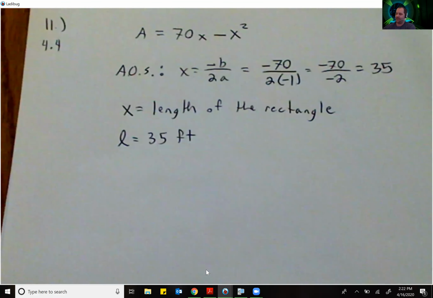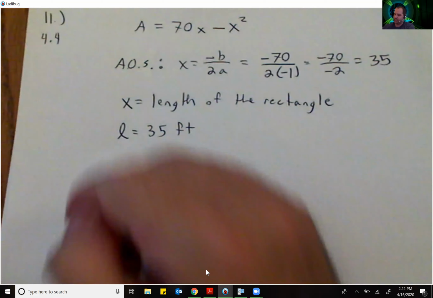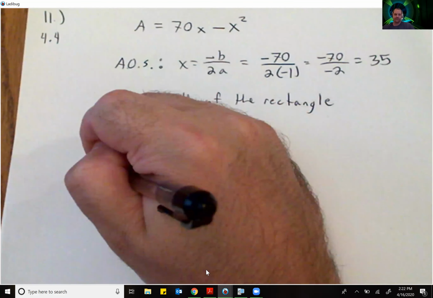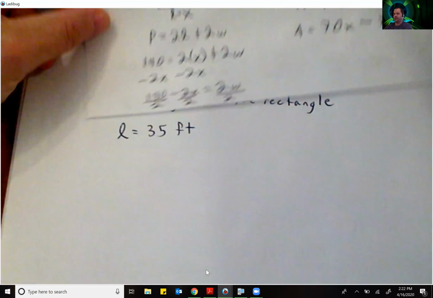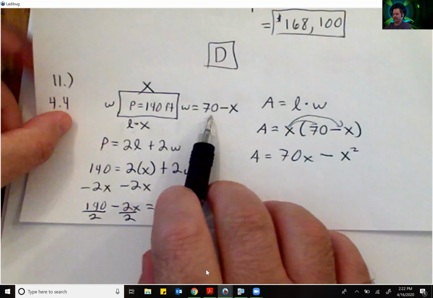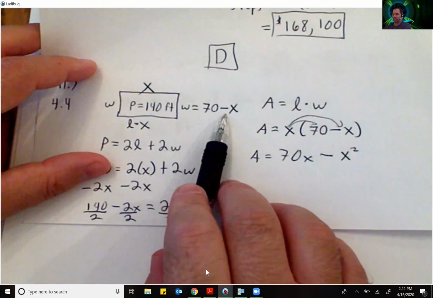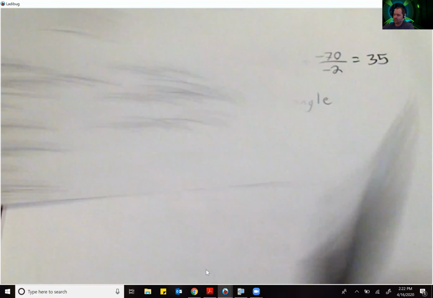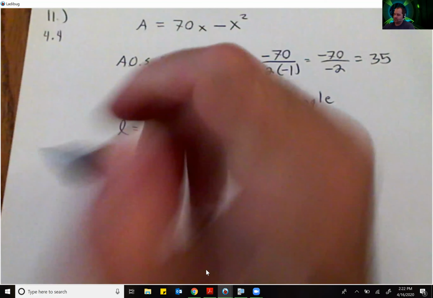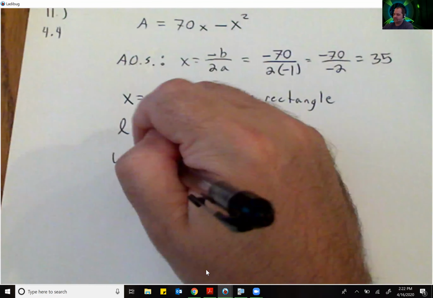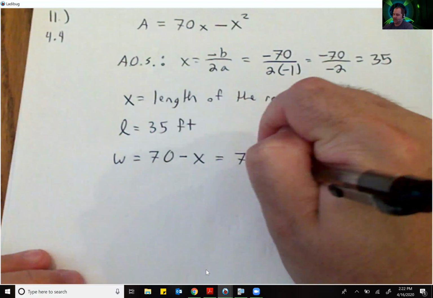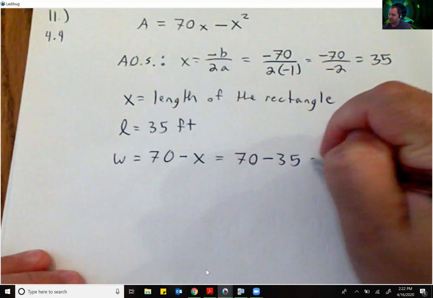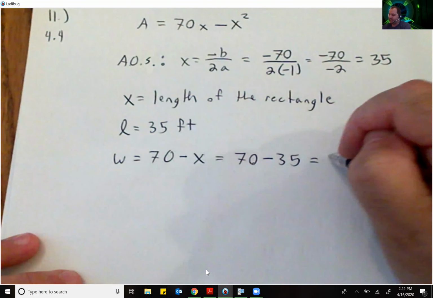Well, we need to find the width now. Remember we had an equation for the width. It was 70 minus x. That's our width. So the width is equal to 70 minus x, or in other words, 70 minus 35, which is also 35